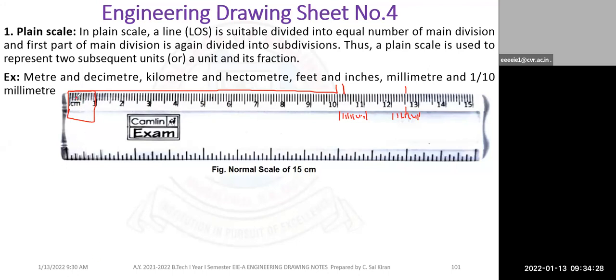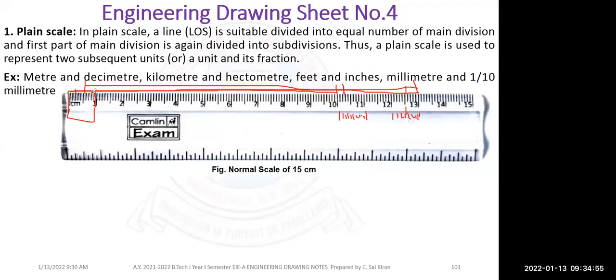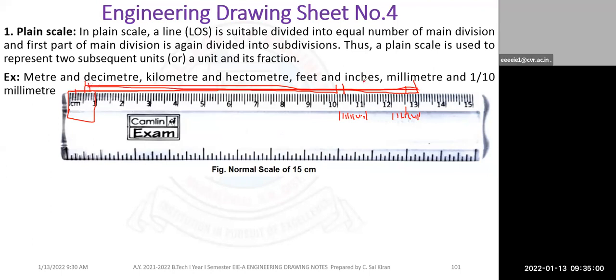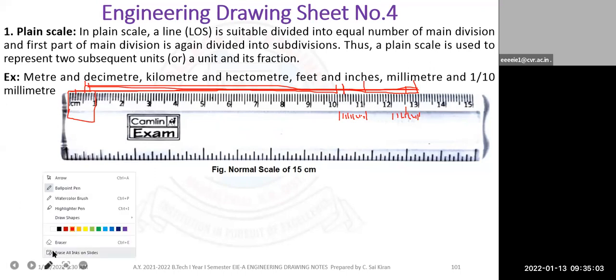So what we do is, we divide only the first division. Suppose 0 to 1, this 0 to 1 we divide. And suppose if I want to measure 12.5, from this distance I'll take the 12 main divisions, and from here I'll take the 0.5. So complete my distance will be 12.5. If I want to measure 10.2, I will highlight 2 mm from this side and 10 mm from the other side, so that it will become 10.2. Okay, that is the main use of the plane scale.